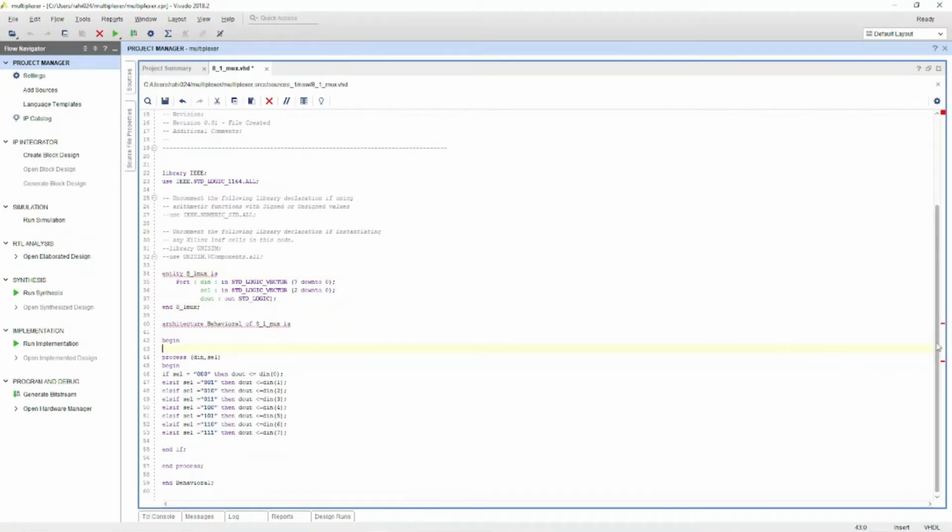Here also I have to correct it. Still we are getting an error. Architecture behavioral, wait a second. Let me change the name altogether. Why am I getting an error? Syntax error near it. Let me change the name to a box.